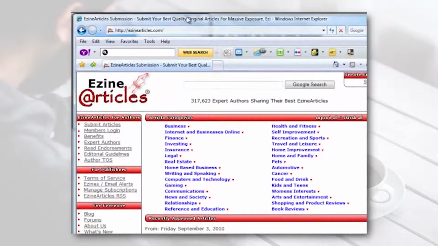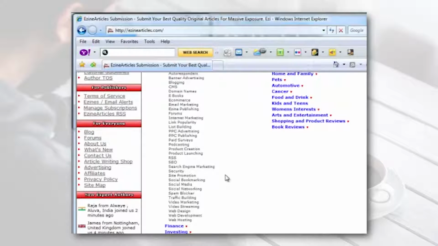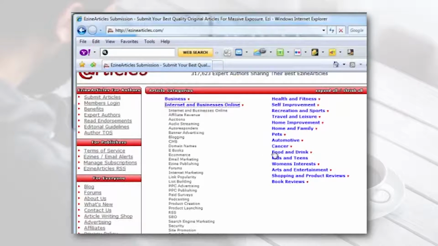Go into business or internet and online business, and you can find literally thousands upon thousands of articles about internet marketing, internet and business online. Really, probably whatever you're writing about, pets, home, travel, leisure, recreation, everything you can think of is here.